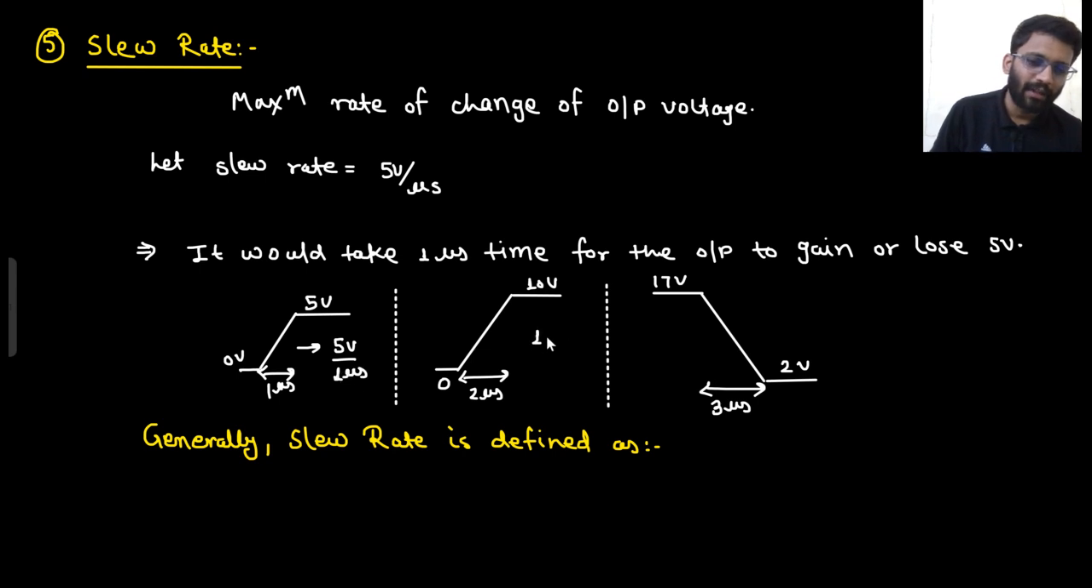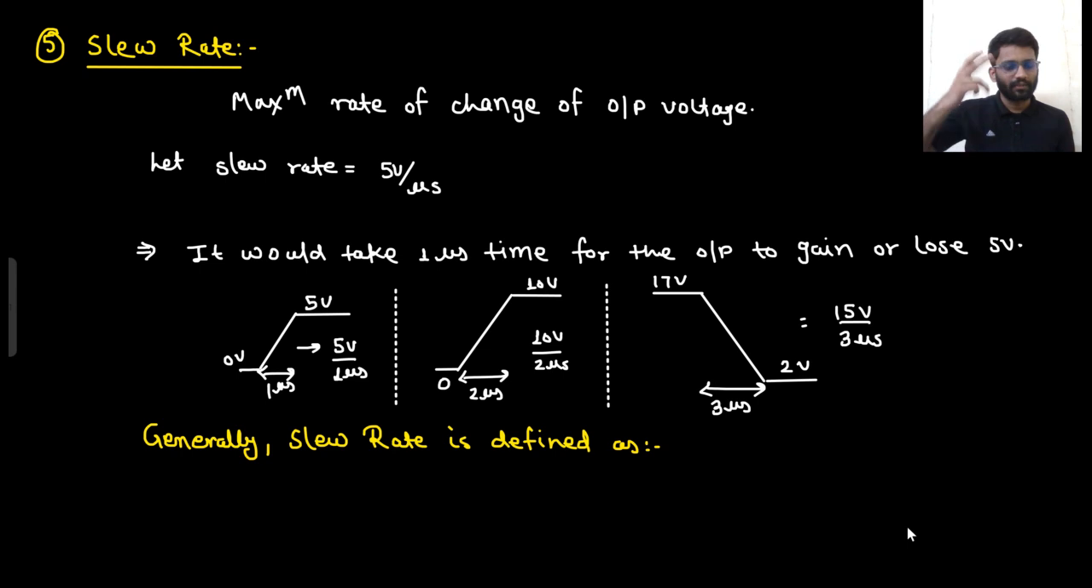What is the slope here? 10 volt divided by 2 microsecond, so it will also be 5 volt divided by 1 microsecond. And what is the slope here? It is a negative slope, so I can write 15 volt divided by 3 microsecond. So it is also 5 volt per microsecond. The slope is the same. So generally the slew rate